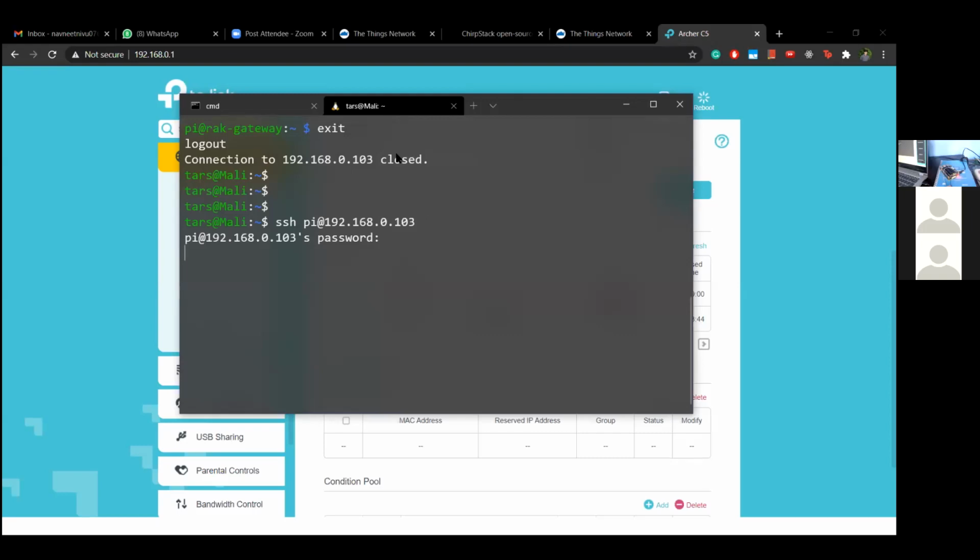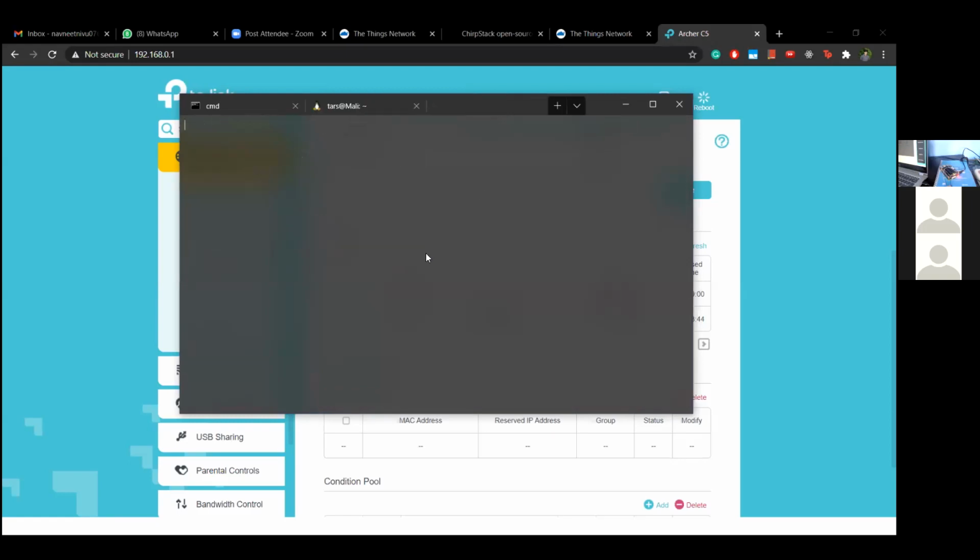I think the password is wrong. This will establish an SSH connection to the Raspberry Pi gateway, so that once it is connected, we can configure all the parameters. Wait a minute, it's taking some time. I'll open a new terminal.